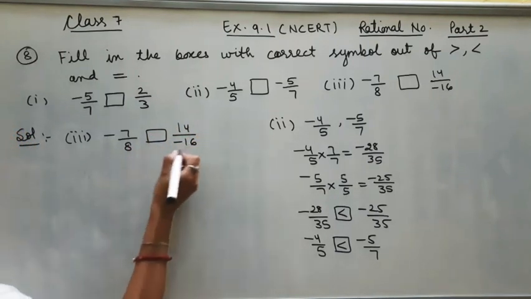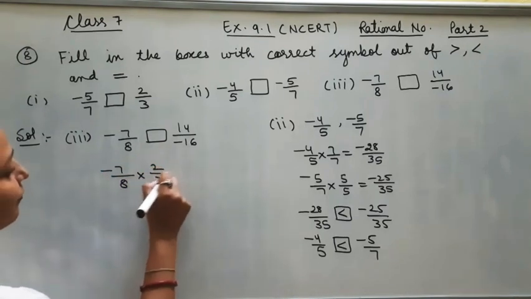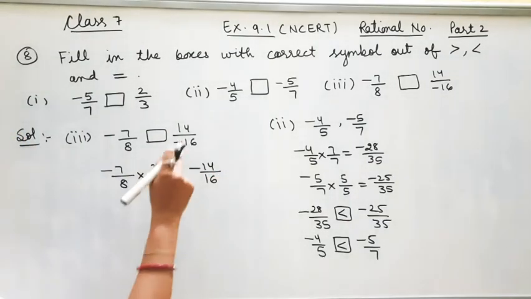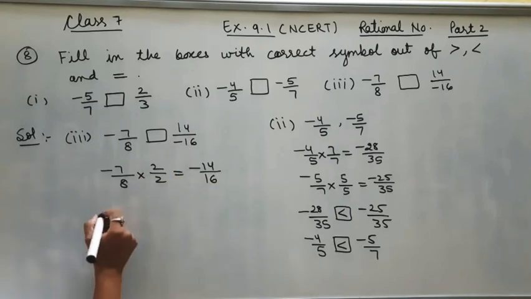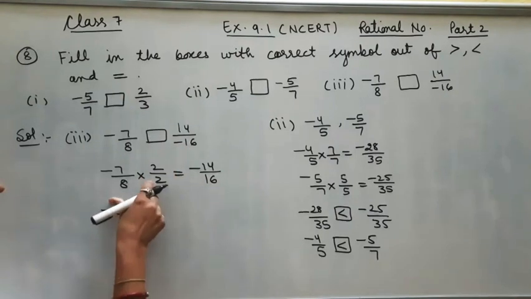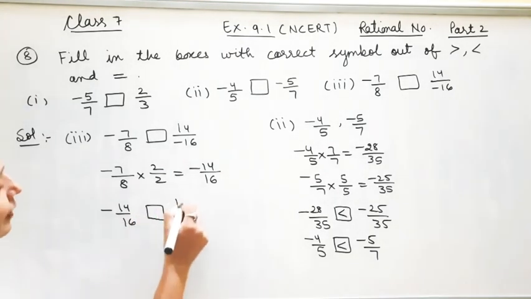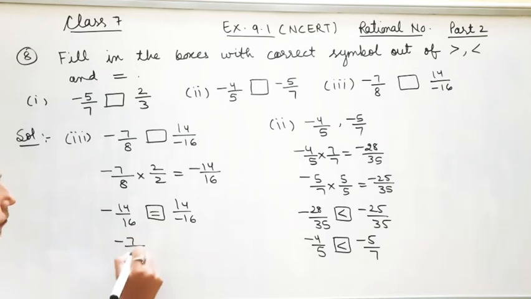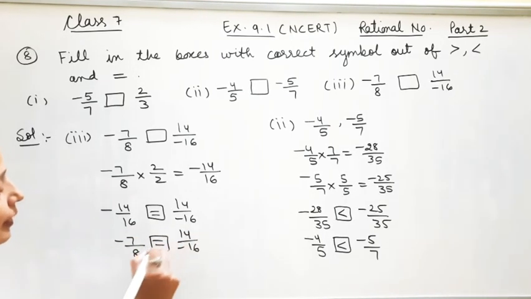So you can take the product of these 8 2s are. So I will make the same, 14 upon 16. Yes, if you want to cancel these out, you will get the same, minus 7 by 8. So minus 7 by 8 and 14 by 16 are equal. That means minus 7 by 8 and 14 by 16 both are equal.